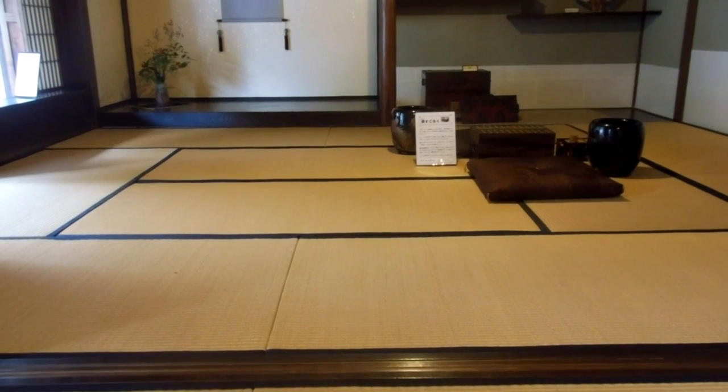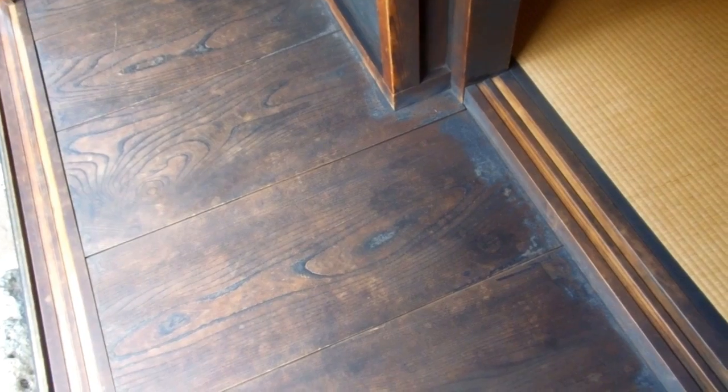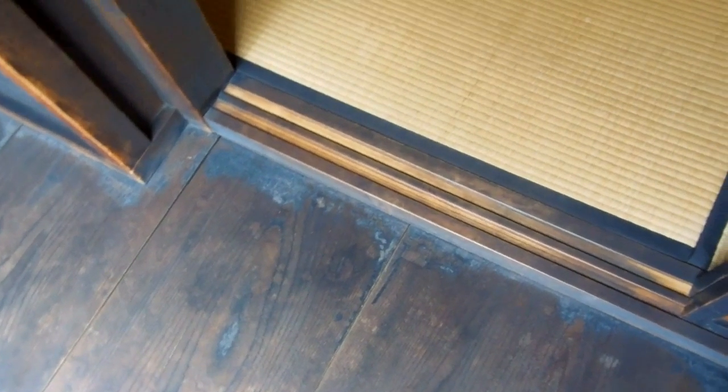Tatami rooms require lots of etiquette, so we thought we'd give you a couple of tips. One is, of course, we don't wear shoes or even slippers on tatami floor. It's bare feet or socks only. So if you're already in a house walking around on a wooden floor and you come to tatami mat, the right thing to do is to step out of the slippers, and as you lift one foot out of the slipper, it goes onto the tatami itself, and then the other foot comes out of the other slipper and goes on the tatami itself, and then you turn around and put your slippers facing the other way on the wooden